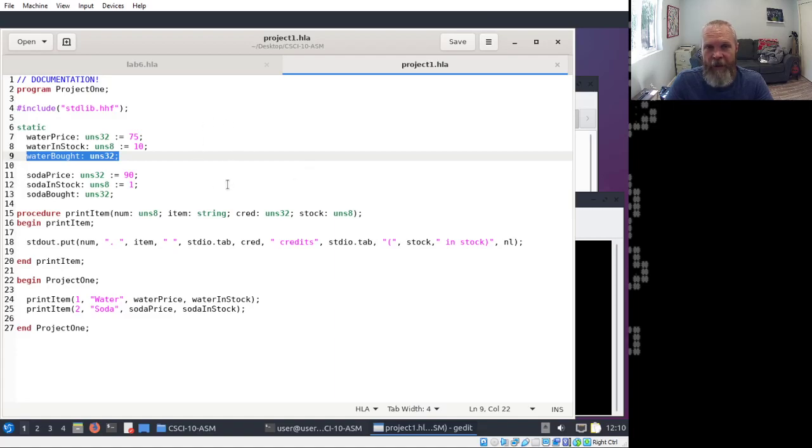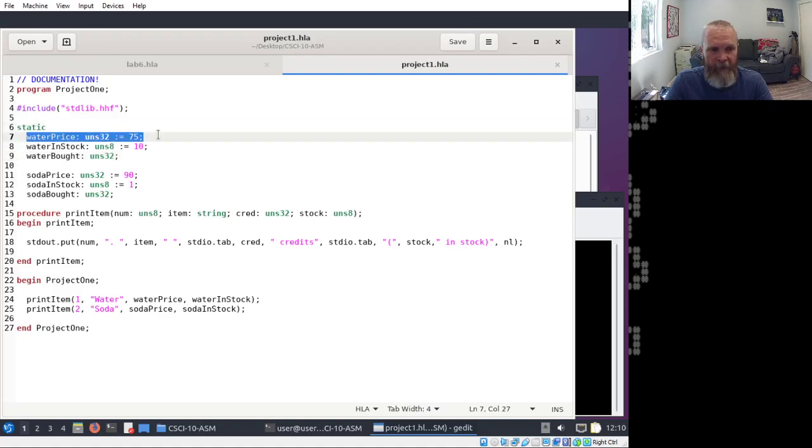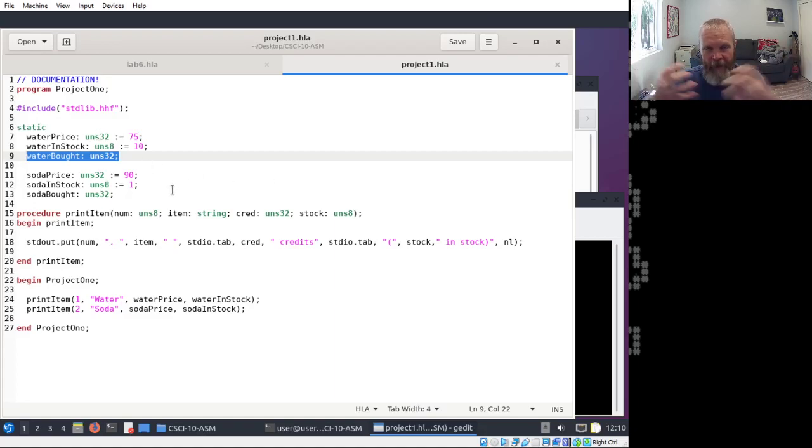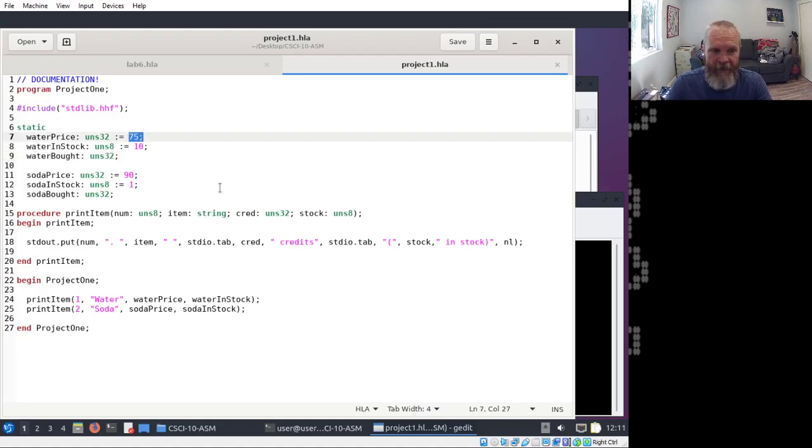When I get to computing my totals and my receipt, because they're going to be multiplied together, they need to match. So I've upsized both of them so that when they multiply together, they're the same size. And setting the price down at 75 means that I have plenty of room to grow into the 32-bit destinations when I start doing multiplying.